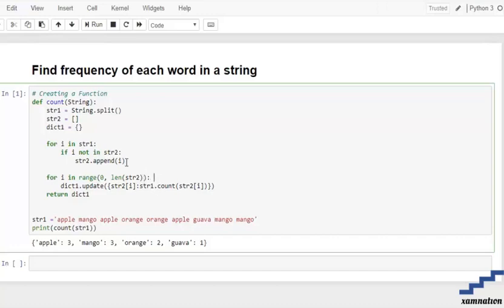So the keys are going to be our words, and the value is going to be the number of occurrences of the particular word in our string. So we are going to go through each and every element up to the range of our string number 2, and after that we are going to use the dictionary 1 dot update method, which is going to store these values, and the string 2 dot i, that is the particular element, and the string 1 dot count of